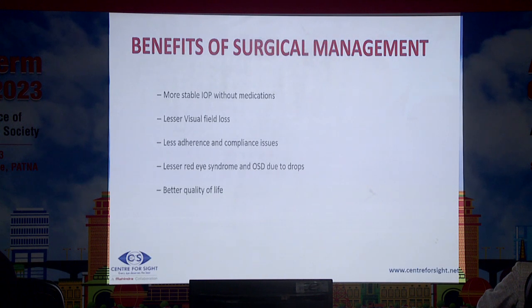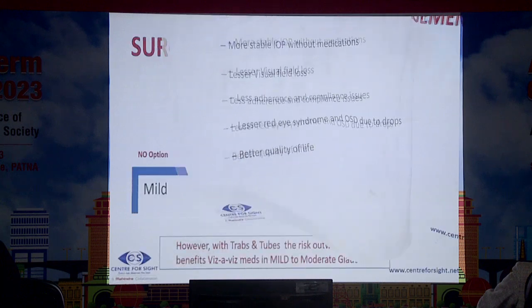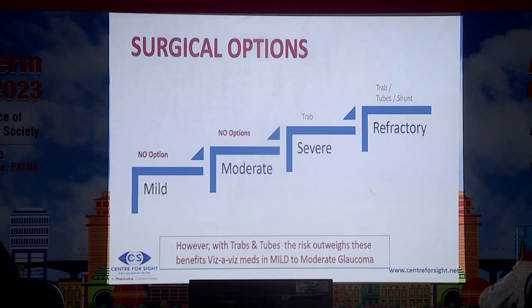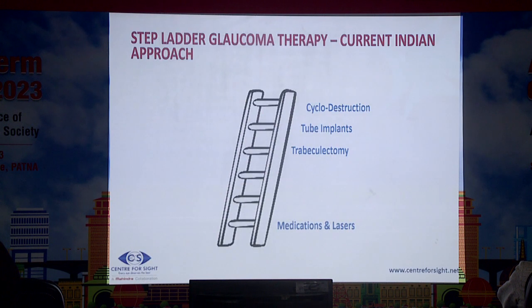Whereas we know the benefits of surgical management: we have a more stable IOP, lesser visual field loss, lesser adherence and compliance issues, lesser ocular surface disorders, and much better quality of life. But before the advent of MIGS, in mild and moderate cases, we did not have any surgical option, where most of our trabs and tubes were done in severe and advanced cases, because the risk of trabs and tubes outweighs the benefits in mild and moderate glaucoma. So this huge gap between our medicated patients and patients landing up with trabeculectomy can be safely and efficaciously filled